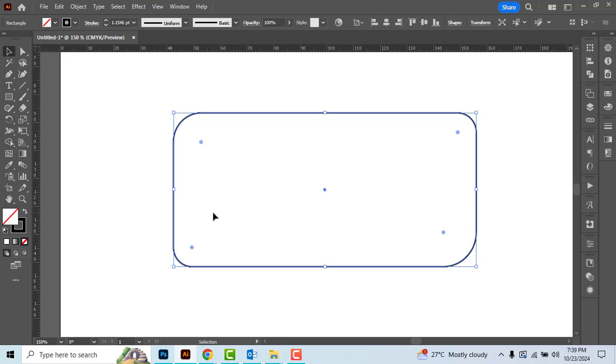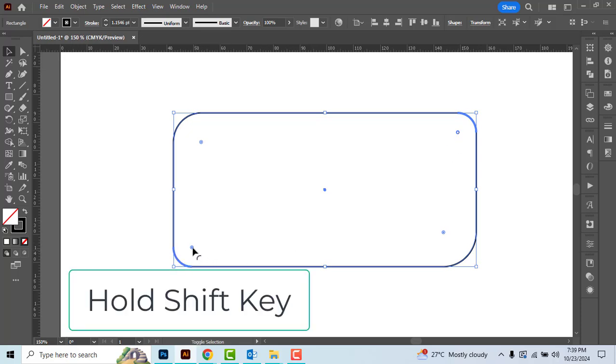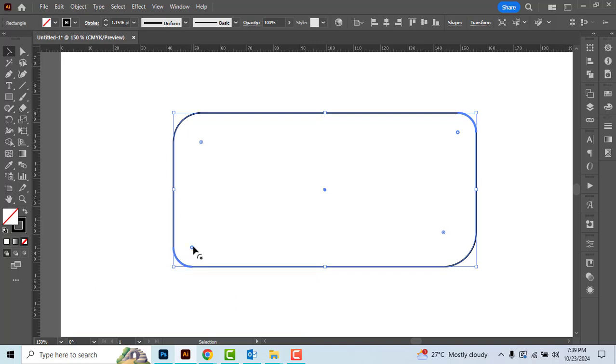If you'd like to smooth in multiple corners at once, you can select them together. For instance, if you want to adjust the corners of two specific points, select the first corner by clicking on it, then hold the Shift key and select the other corner handle. Once both are selected, dragging will adjust the radius of both corners simultaneously. If you want to revert all corners to sharp points, simply drag one of the corner handles inward until the